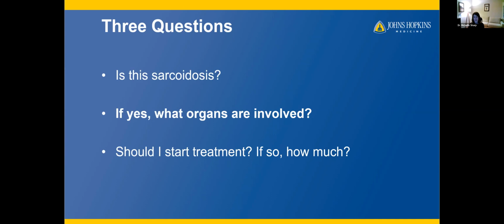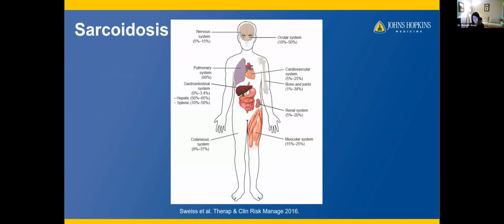All right, next, let's talk about, if you have sarcoidosis, what organs are involved. This is one of my favorite diagrams, and it does a really good job of telling us the percentages that you see are the most common, or the percent of time that that organ is involved in sarcoidosis. You'll see that the lungs are number one, and that's why most sarcoidosis physicians in general are lung doctors or pulmonary doctors. 90% of individuals have it in their lungs.